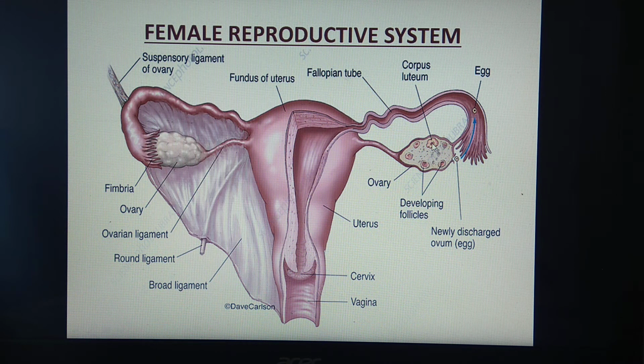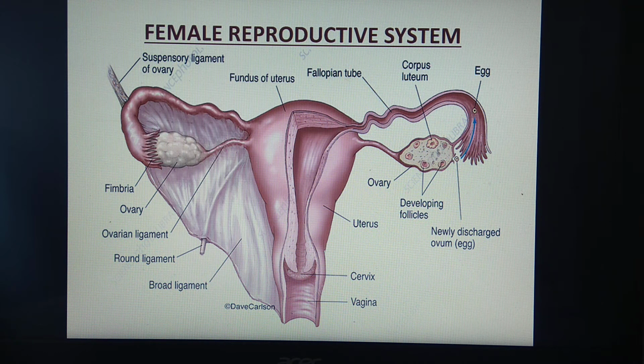What is the function of the corpus luteum? To maintain the inner layer of the uterus, which is called the endometrium, which provides support to the developing embryo during pregnancy. In one sentence we can say that the corpus luteum secretes progesterone, which maintains the pregnancy. The third hormone is relaxin. It is required during parturition. Parturition means what? During childbirth.